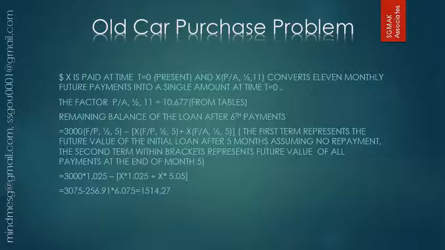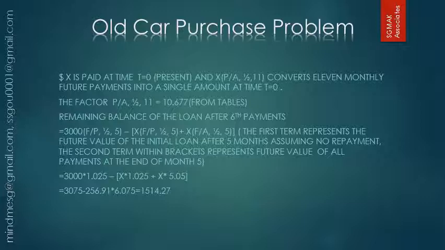You've got uniform end of month 5 payments, and you want to find the future value of that. So now this term within the bracket, when you sum up, it gives you all the money that you have paid towards repaying that loan, all the money that you have paid, its value at the end of 5 months. And the first term represents if you didn't pay anything, what would have been the loan amount. So when you subtract, you get the remaining balance of your loan,